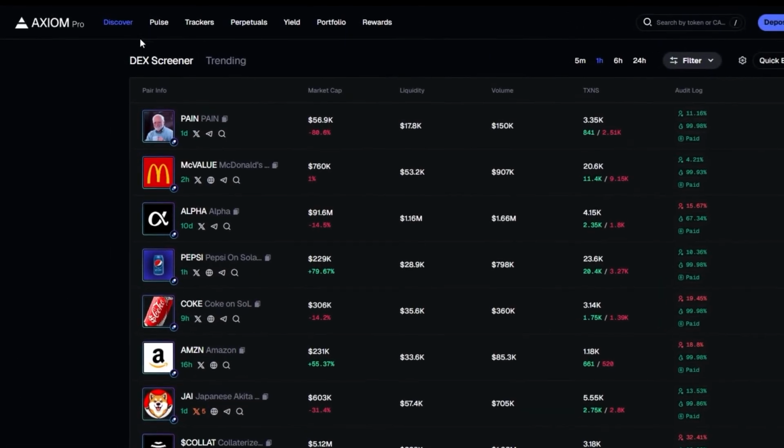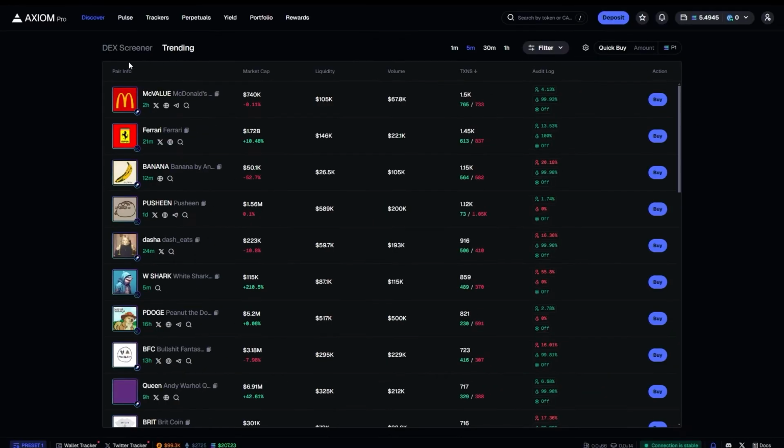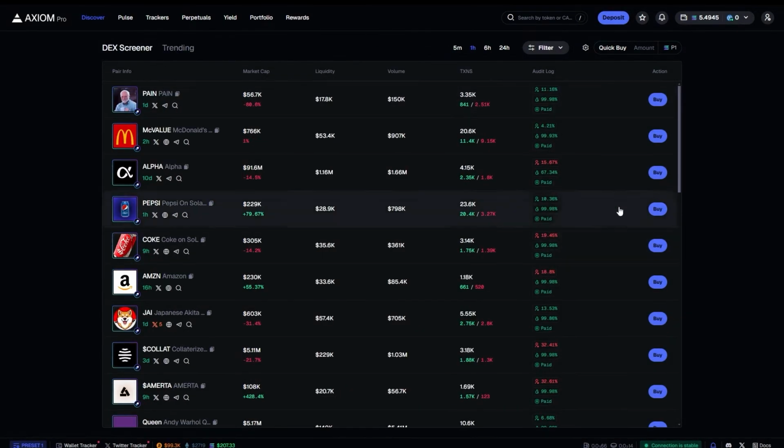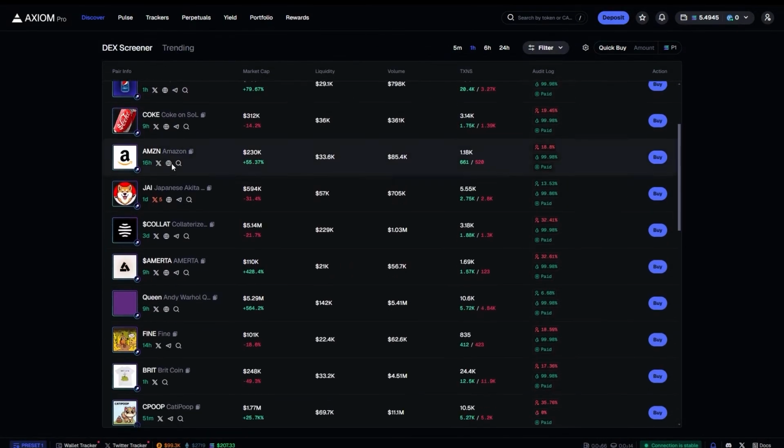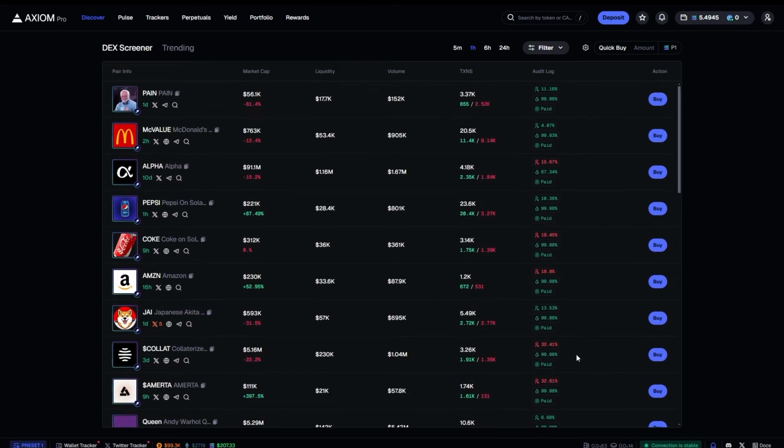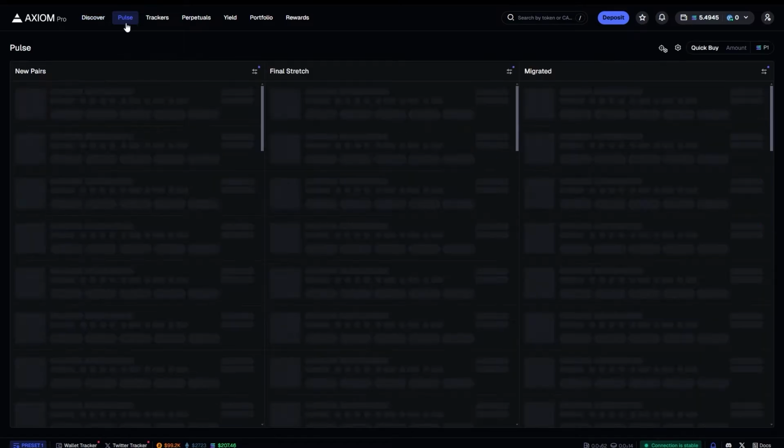But to start, I'm going to just go over each of these sections real quick. Discover, this is just like on Deck Screener, the basic section where you can see new pairs. You can set any filters you want. You can see trending, right? It's pretty straightforward. I wouldn't even use this usually unless I'm scanning for something very specific, but my strategy usually involves the